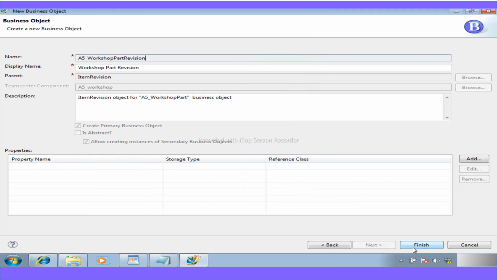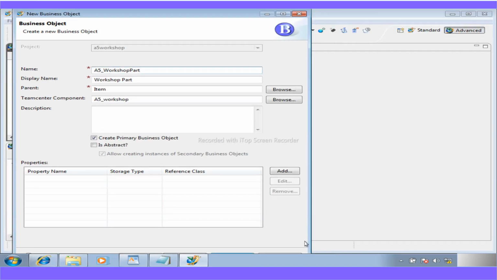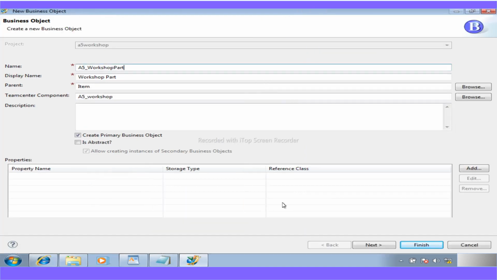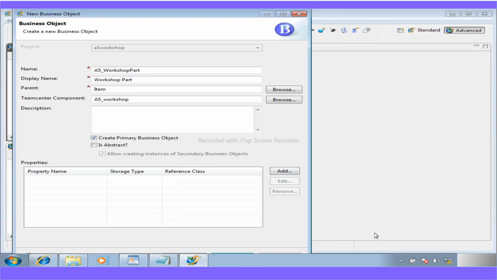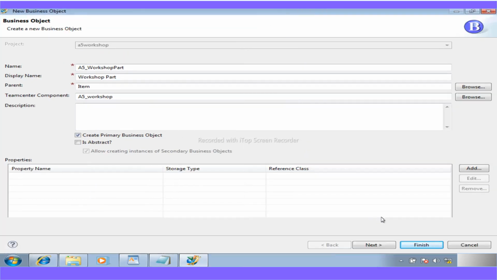Then if you click on this finish, the thing is, is it possible to add properties at the same time also, guys? If I click on back, you must also know this: you can add properties from here also. But instead of doing this, you can add them after creation of the object. I'm going to finish it up. Once it gets created,